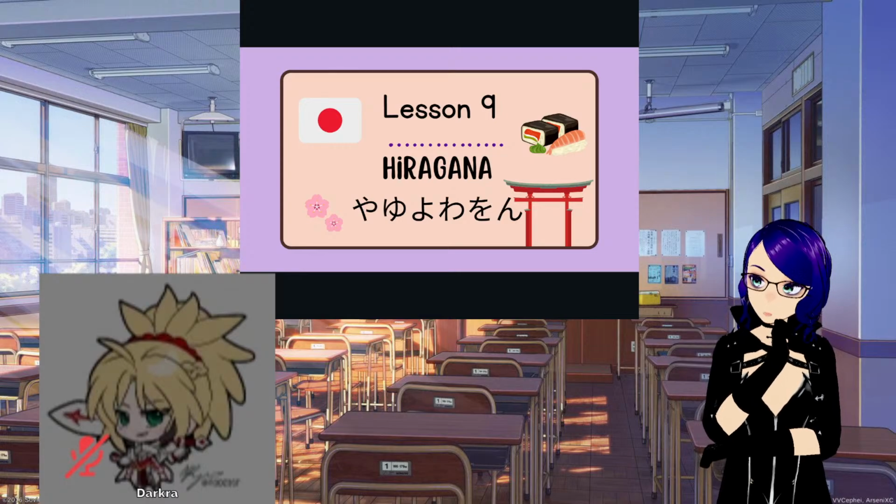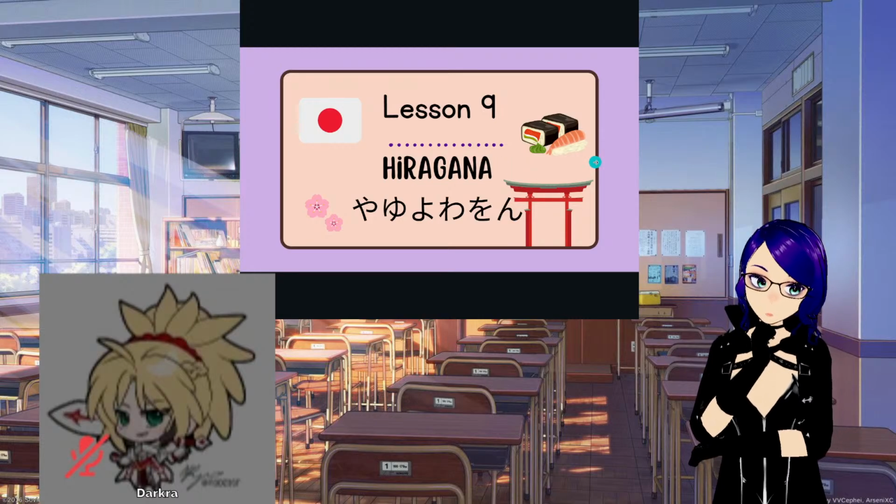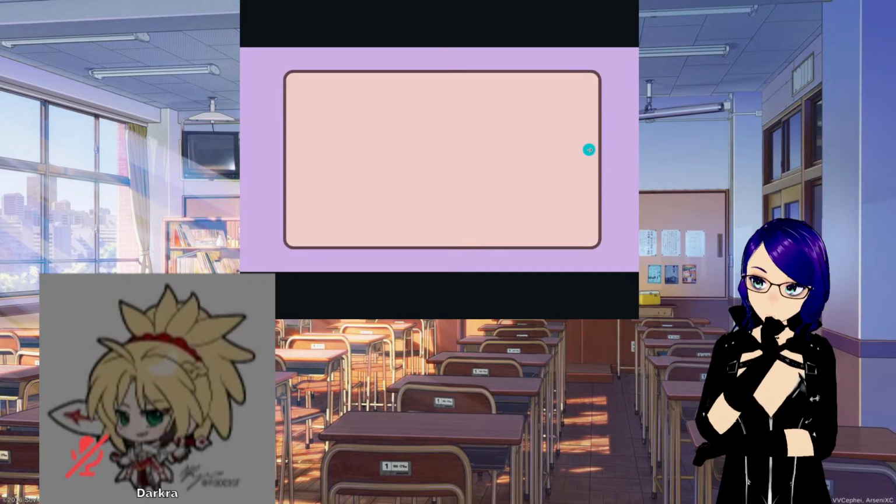Anyway, so let's start. Today we're going to be learning the Hiragana characters, so there are 6 of them if you see here. It's the last bit of it, so I combined the 3 and 3 of it. So what I'm talking about is this.